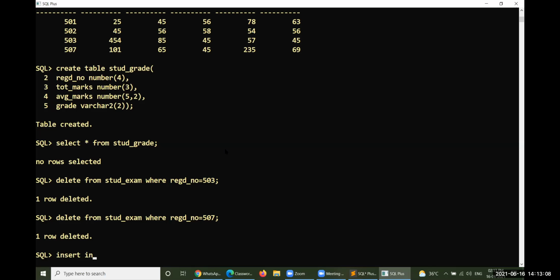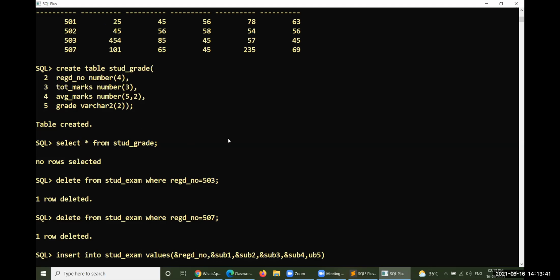Insert into table name STUD underscore exam values. The first one is REGD underscore NO. The second one is subject 1, subject 2, subject 3, and so on. So SUB 1, comma, SUB 2, comma, SUB 3, SUB 4, SUB 5.